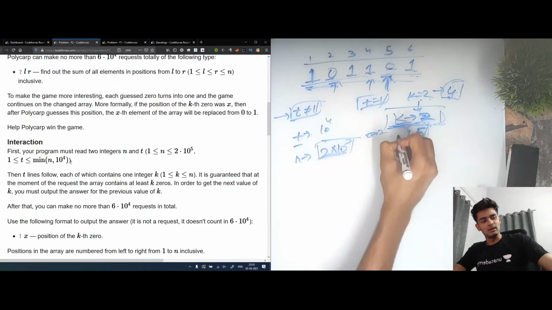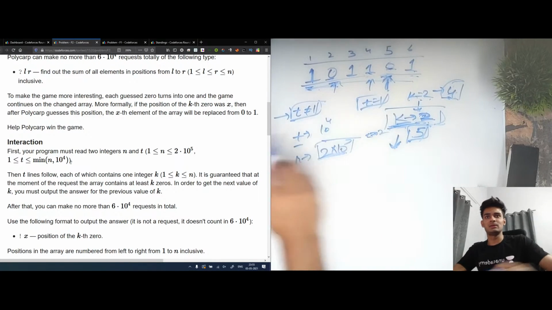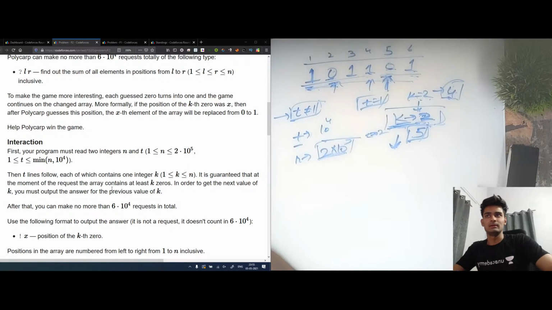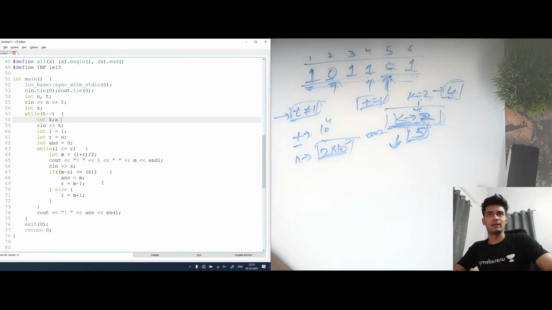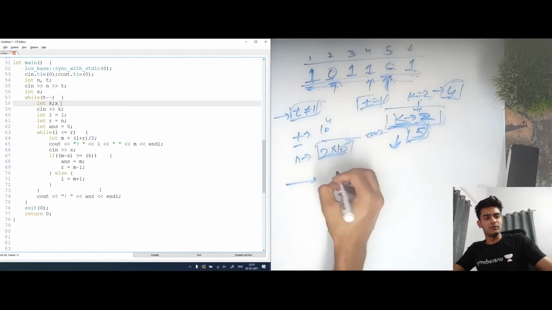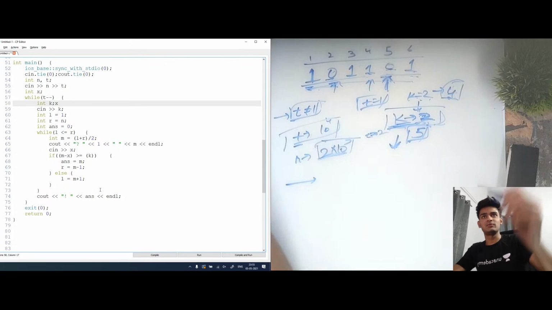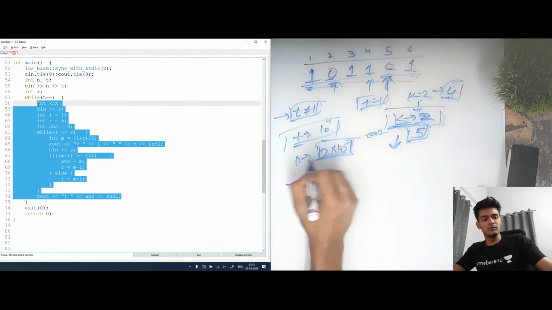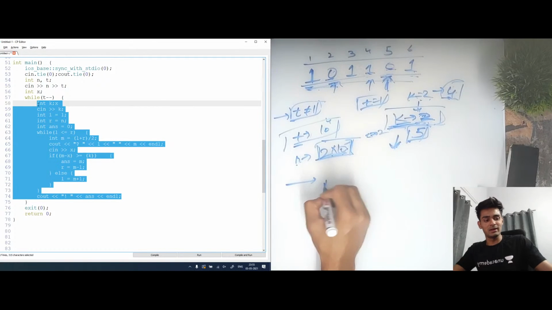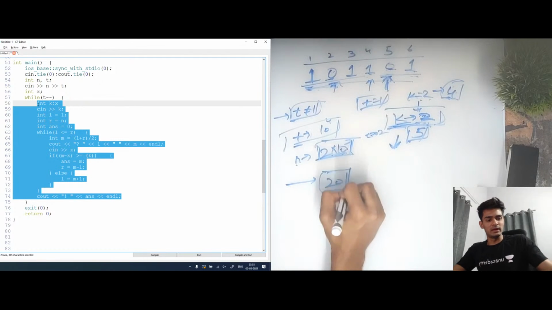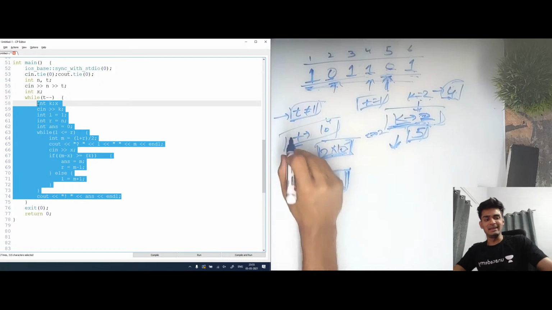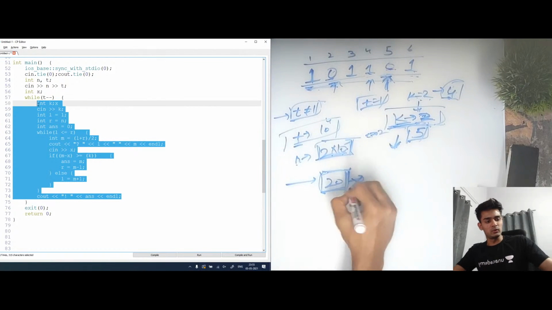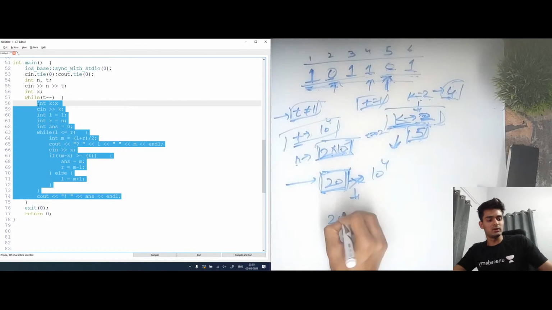Okay, cool. Now let's see why we cannot use the previous approach only. I'll just show the code of F1 again. What I was doing in the previous approach, for every t, I was running this while loop. We know that the complexity of this while loop was log of n, which is log of 2 times 10 to the power 5, somewhere around 19. Let's say this is 20 only. If we run this loop t times, the total complexity becomes 20 times 10 to the power 4.